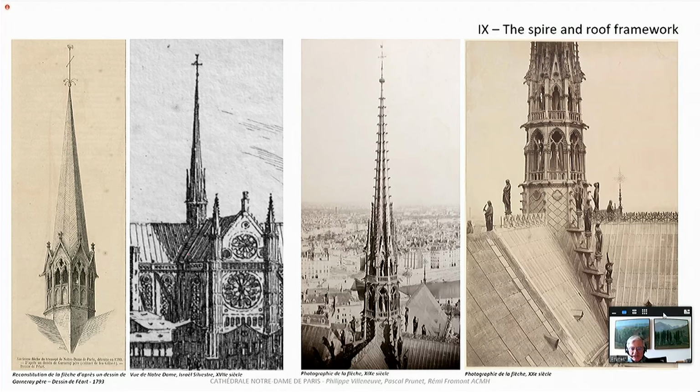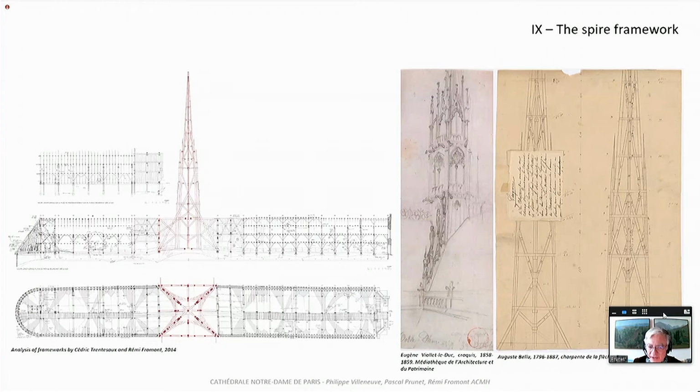So this spire is about 60 meters high, from the bottom to the top, and it points at about 96 or 97 meters over the ground level. And on the right photograph, you see all the statues, one of which is a representation of Viollet-le-Duc as Saint Thomas, who is the saint meant to represent the architects, the one who wanted to know if the Christ was really wounded by the stigmata. And so that's the